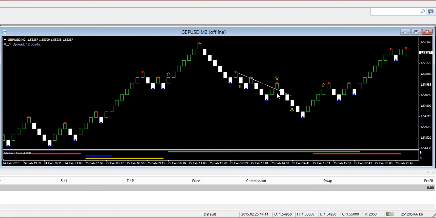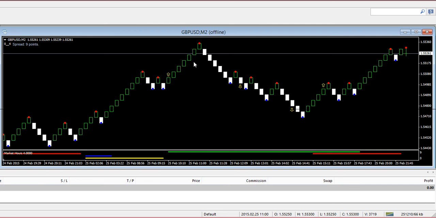Now there are different strategies you can use to offset this loss, and you could double on the opposite position. If you have a losing trade, which was a fake out, you may want to double on the next position. So there are different strategies, but the basic system here with Renko and using trend lines is very effective. Then you have to really think about your own money management and what you want to do with these profits. If you want to let it ride, or be happy scalping 5 or 10 pips, which is what